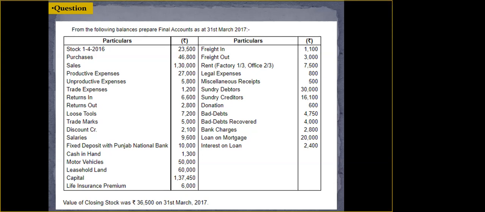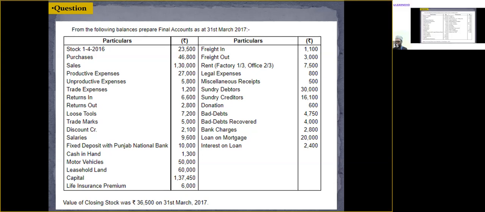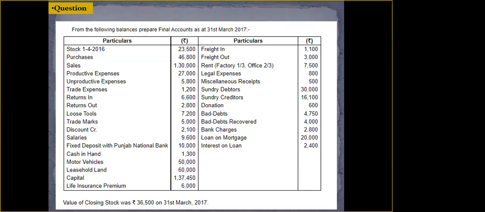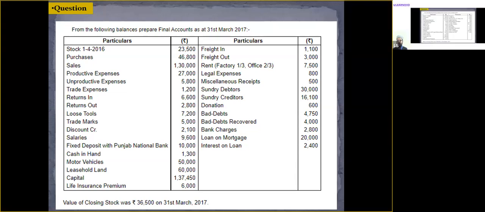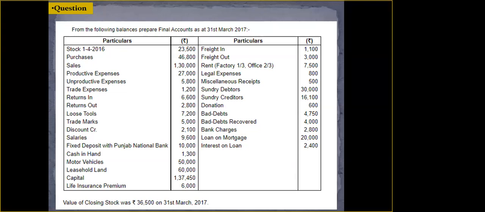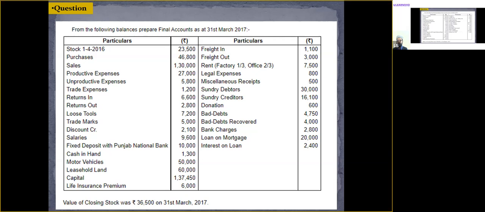Then we have capital. Tell me, capital should be recorded in? Liability, the liability side of the balance sheet, correct. But we won't be writing the value of the capital in the final column directly. Capital will be adjusted by the amount of net profit and also by the amount of drawings. After adjusting the value of capital by the profit and drawings, we will write it in the final column.